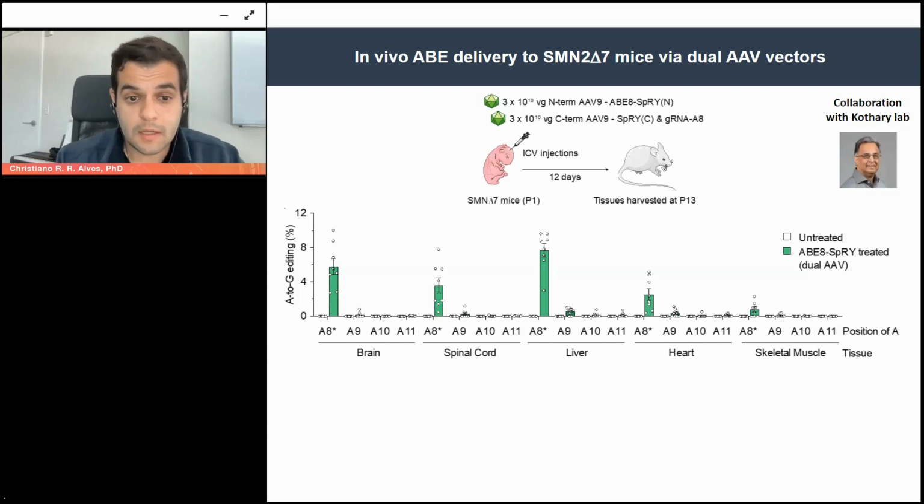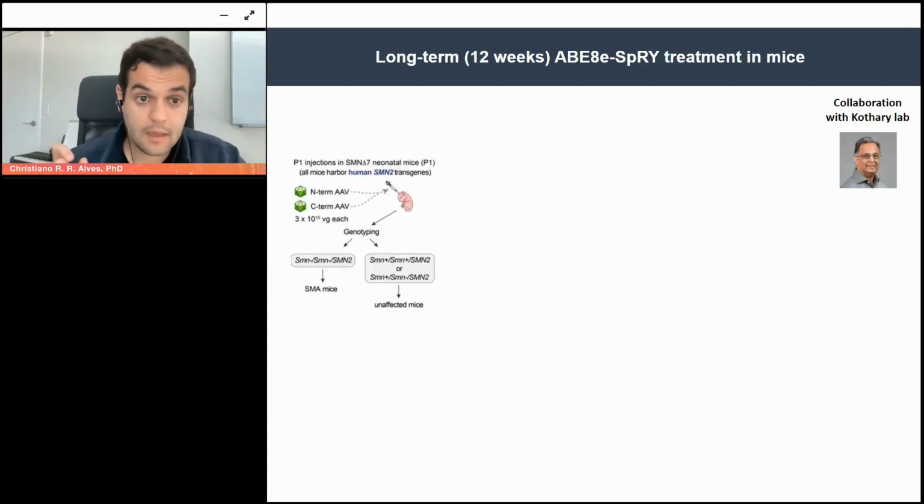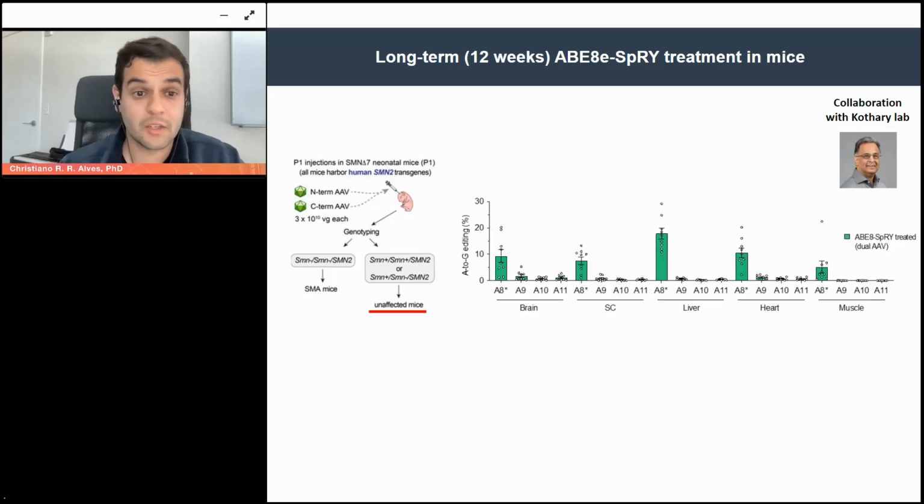We also did an experiment using mice that have the human SMN2 gene inserted, but not the SMA condition, meaning that the mouse gene is also there, expressing. So these mice live longer, and we could do the experiment in the long term, about 12 weeks or so. Then we can start to see more editing. For example, in the brain, on average, now we talk about 10%, with some cases reaching 20%, and spinal cord about the same. So as we have a larger window to see the editing, you start to see better on-target editing.